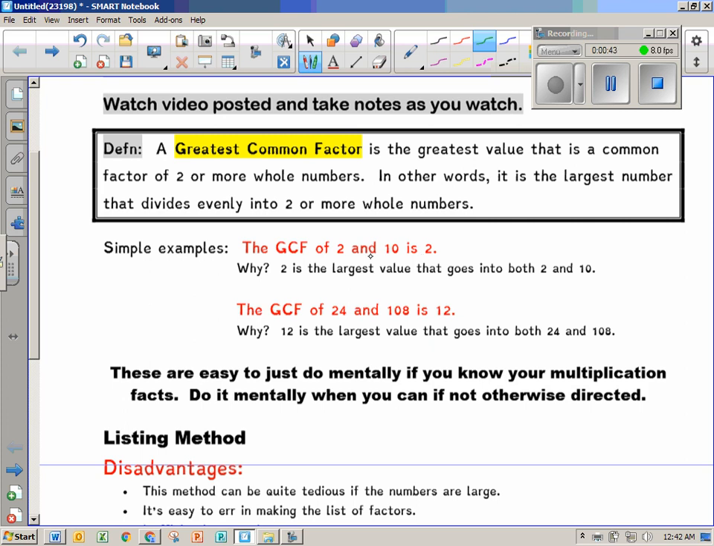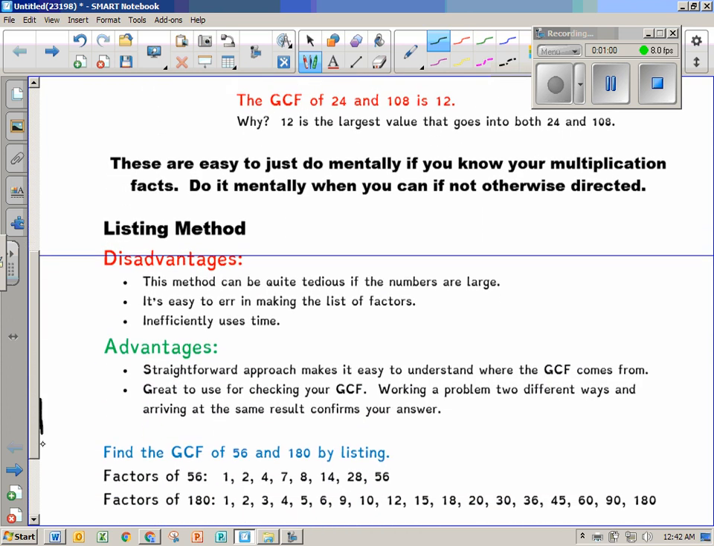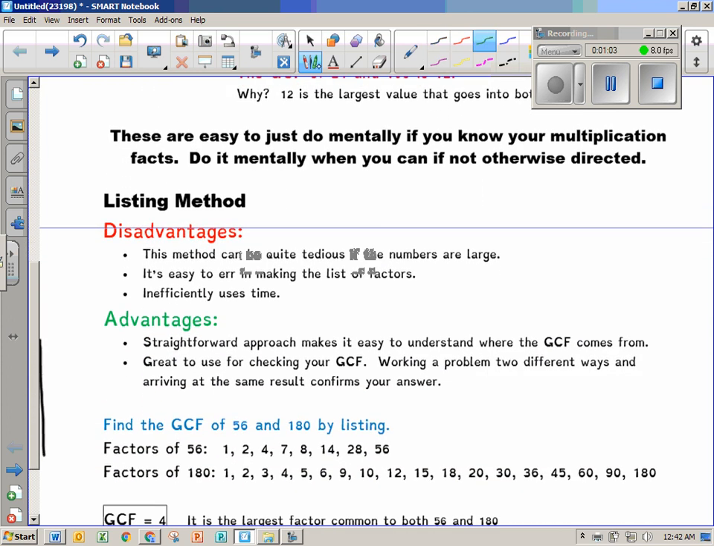Simple example, 2 and 10. 2 is the biggest number that goes into both. 24 and 108, 12 is the biggest factor that divides evenly into both. Some are really easy to do like this, and then some require some other methods. One way that you can do it is to list. So you can make a list of all the factors and then just look for the one that is the